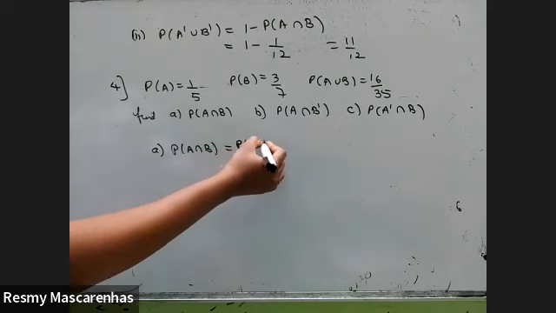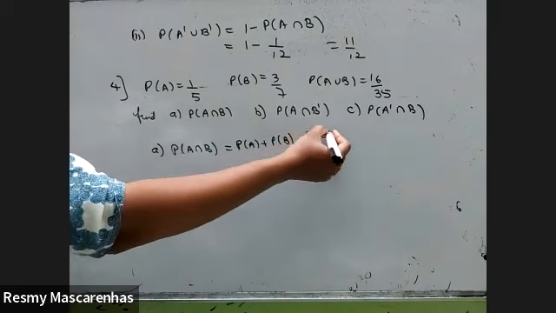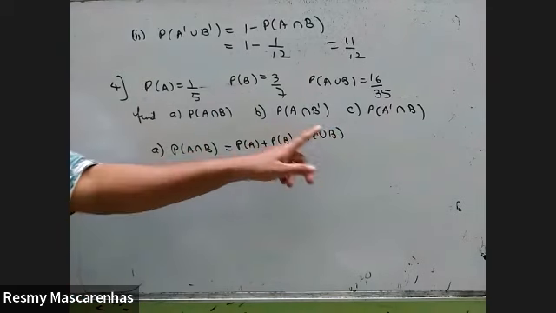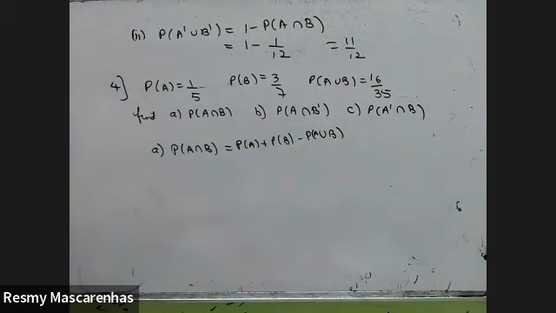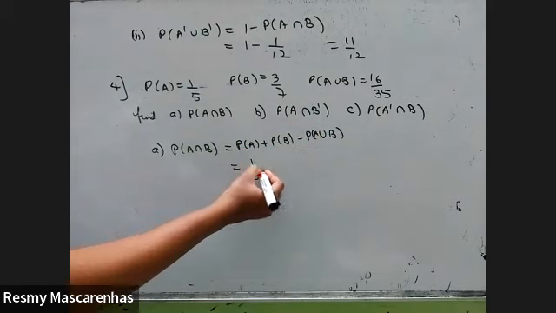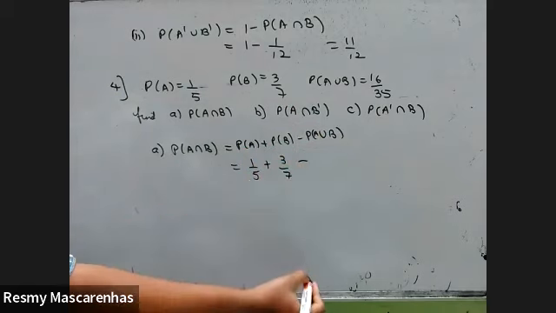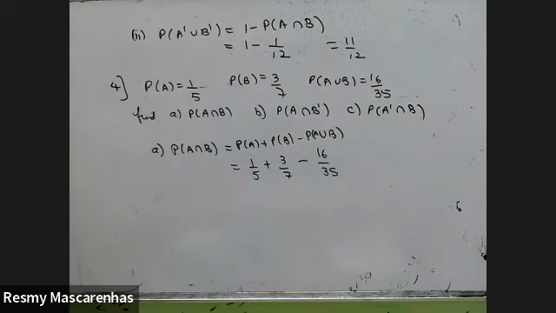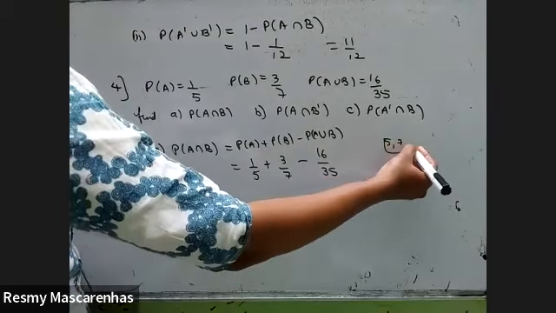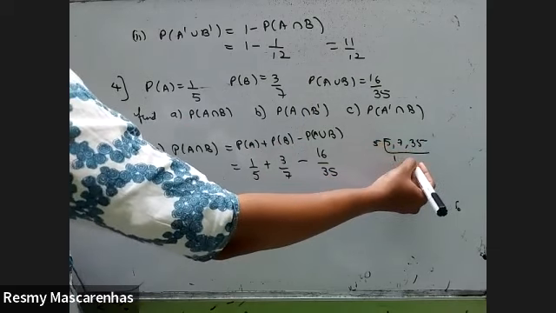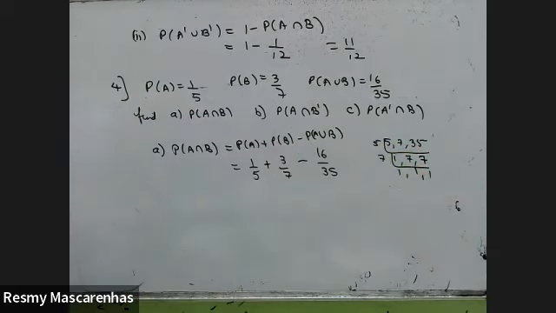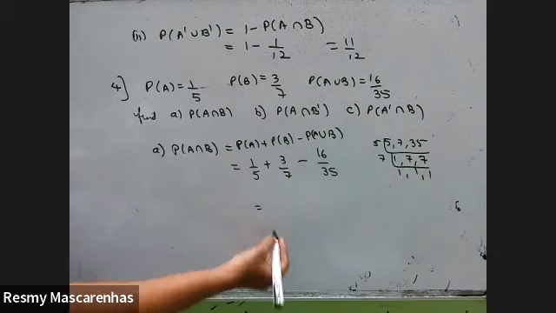This will be P of A plus P of B minus P of A union B. This is intersection, this will be union. If this is union, you have to find, here you have to put intersection. This will be 1 by 5. So you know the LCM is 35, you can just check also. 5 1s are 5, 7s are 7. So 35 is the LCM.